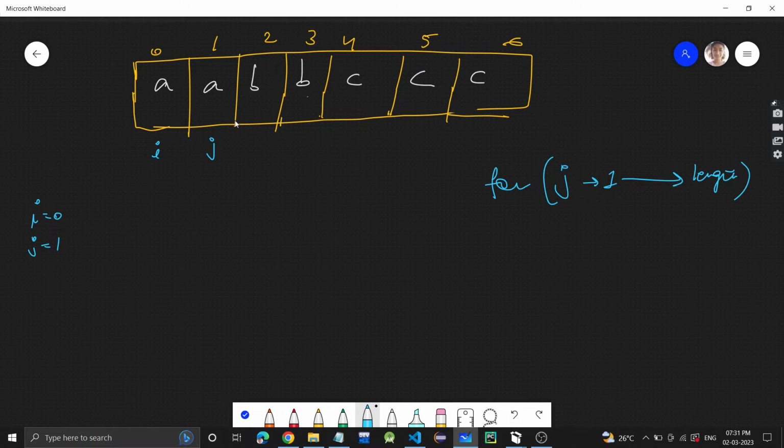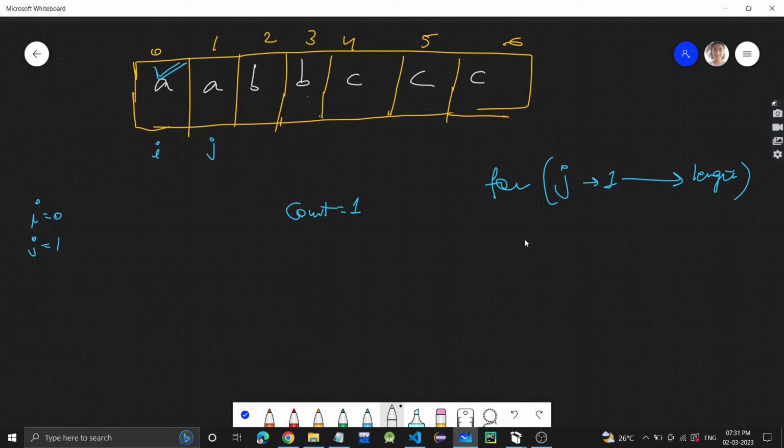Okay, we will also have a variable count, initially 1. Why am I taking count as 1 initially? Because we are not starting j from this character, right? So this character's count I am storing as 1. If j would have been starting from here, then I would have taken count as 0, obviously, because I would consider this. Now since I am starting j from 1, I am taking count as 1. Why? Because of this character.